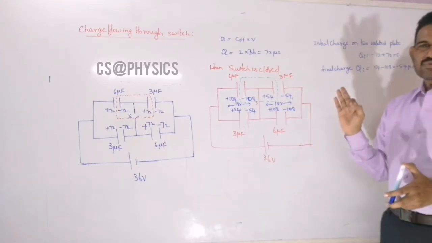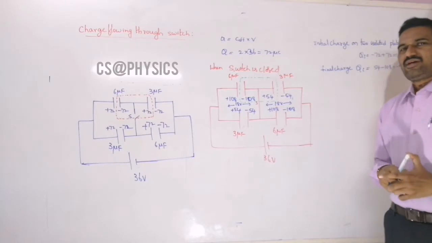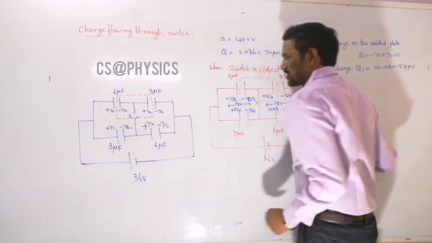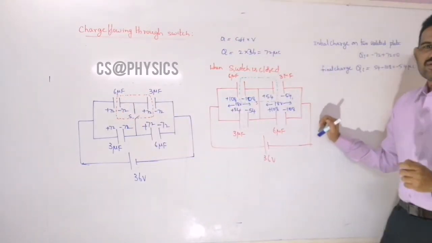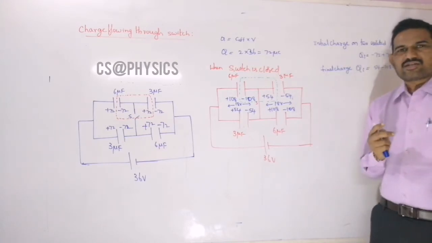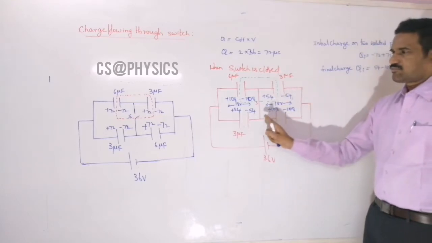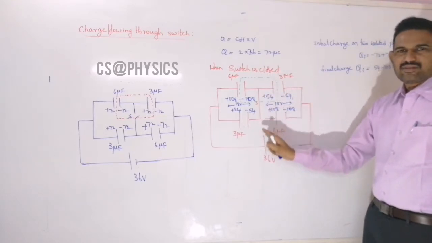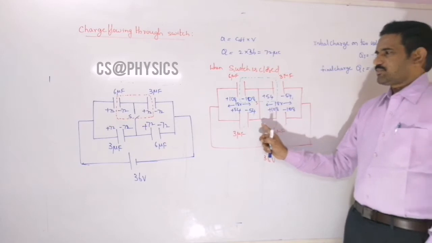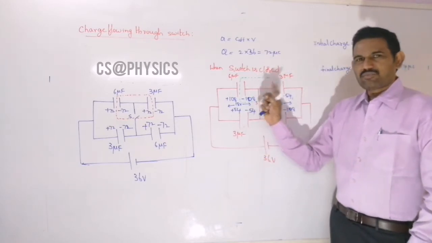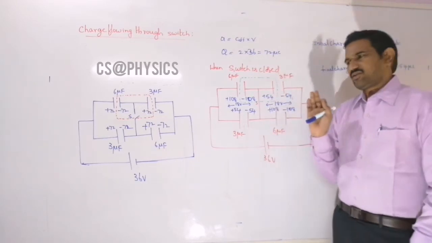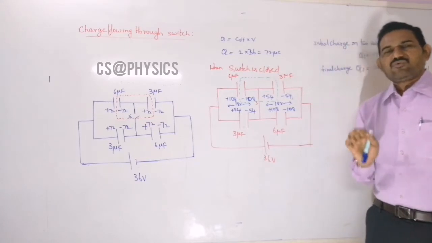Now observe the circuit carefully, that means those two plates. Initially we are saying that there is no net charge on those two plates. But once the switch is closed, those two plates are getting some charge. How are those two plates getting the charge? The only possibility is it can flow through the switch only, right? That means you can say that minus 54 is flowing from bottom to top, or that plus 54 is flowing in the downward direction here. If they are asking for the charge flowing through the switch, we need to write the magnitude only.